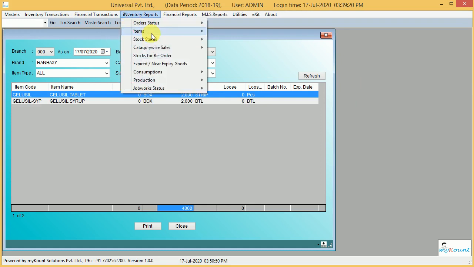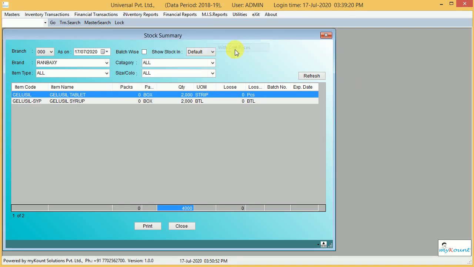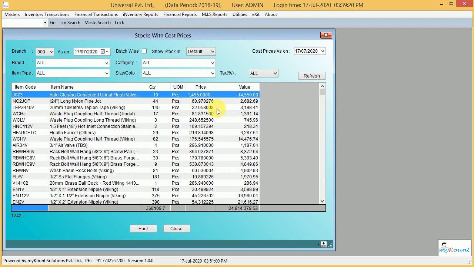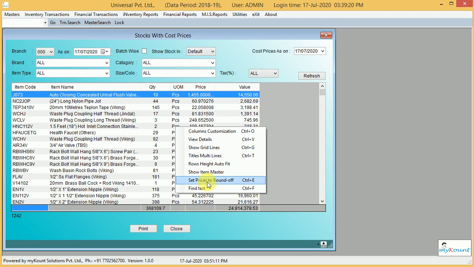The same goes for stocks with cost prices. Here two more columns will be added, the value column and the cost price column. See here, after the decimal we are taking 6 points for accuracy. To round it to 2 points, we can set rounded to off.